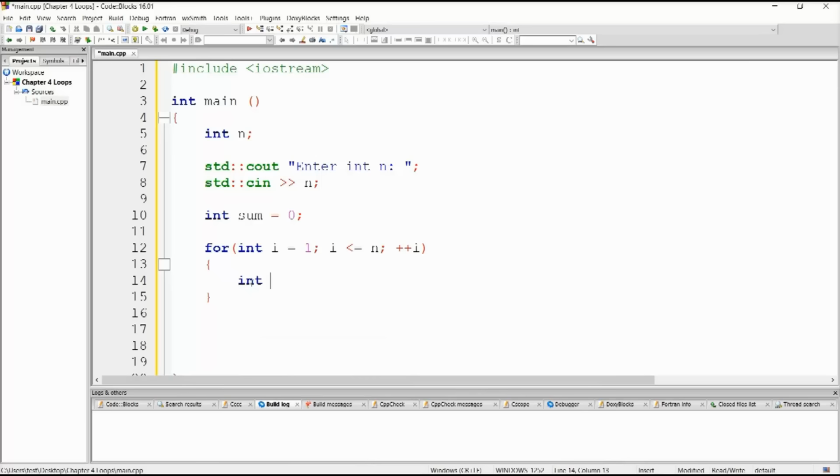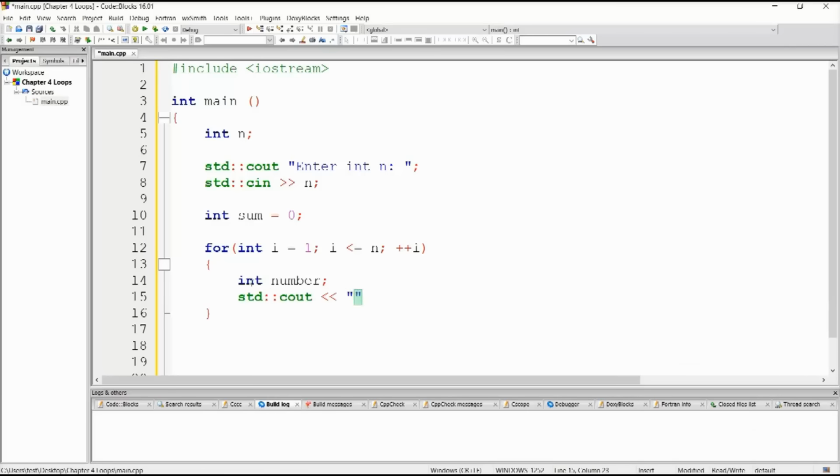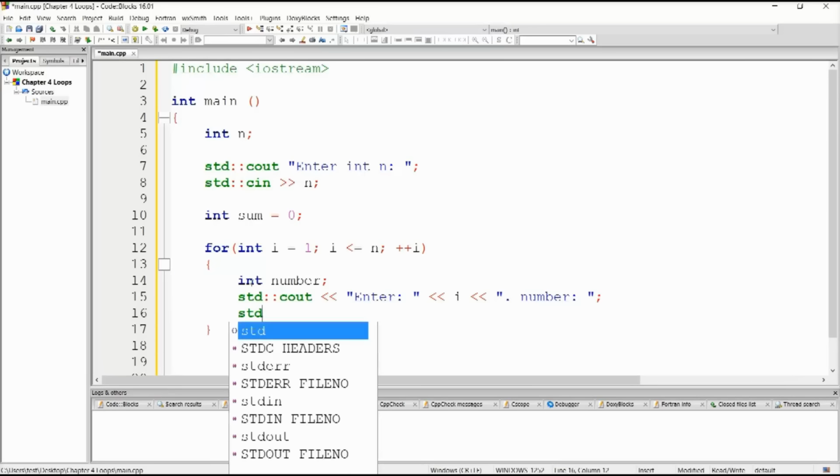Within the loop, we shall declare int number. std::cout, and we shall do this: enter. Let's put a semicolon, why not? i dot number semicolon. There we go, it's closed. And let's provide a way for the user to actually input something. std::